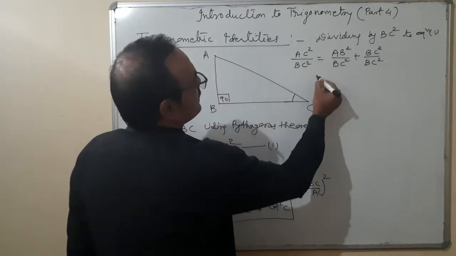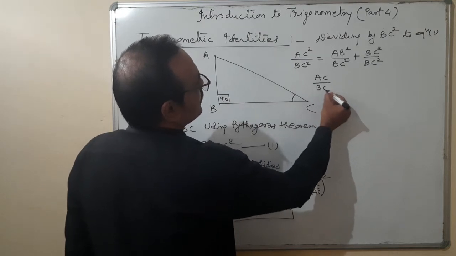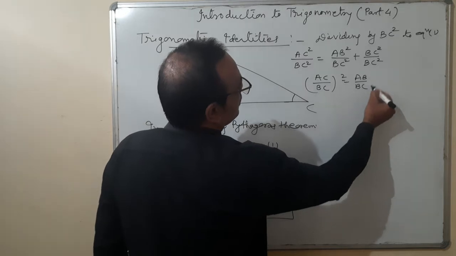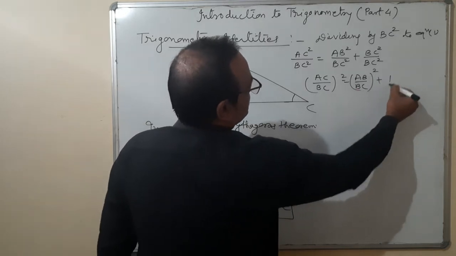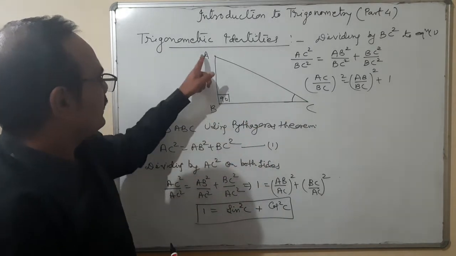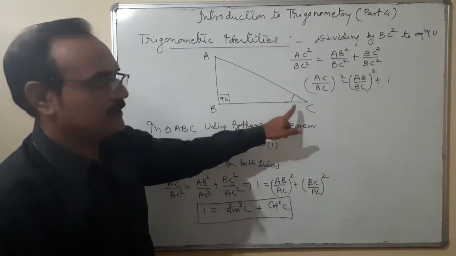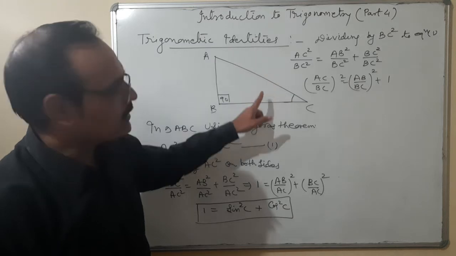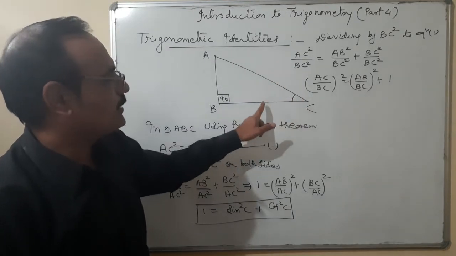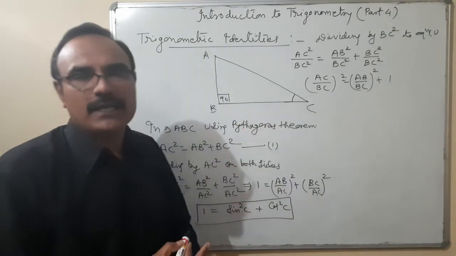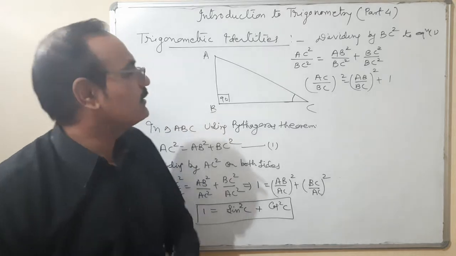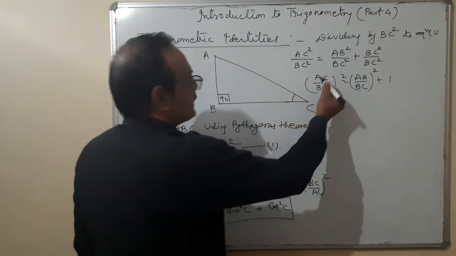So AC upon BC whole square is equal to AB upon BC whole square plus 1. AC upon BC, hypotenuse upon base, if we are taking this angle. Hypotenuse upon base is the reciprocal of base upon hypotenuse, the reciprocal of cos, that is sec. So we write here sec square C